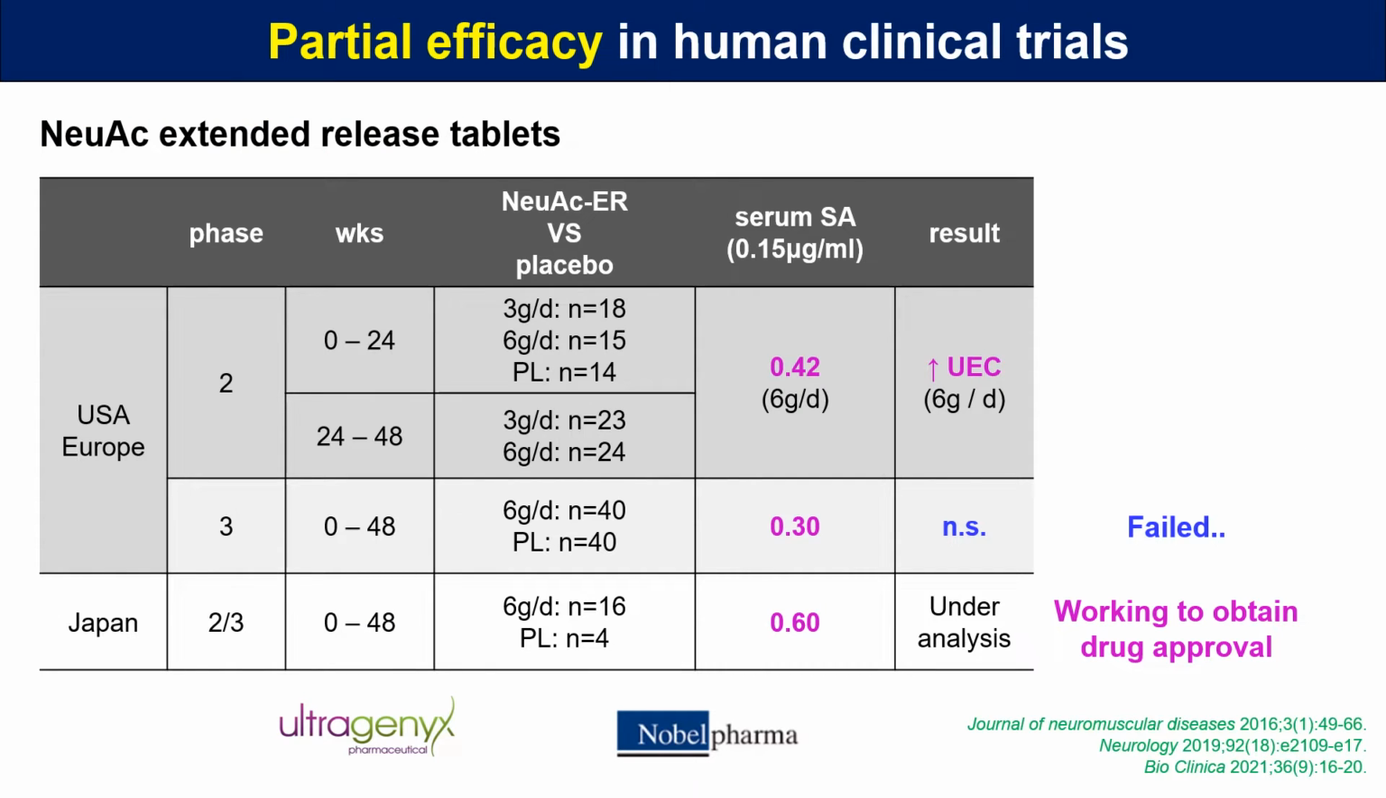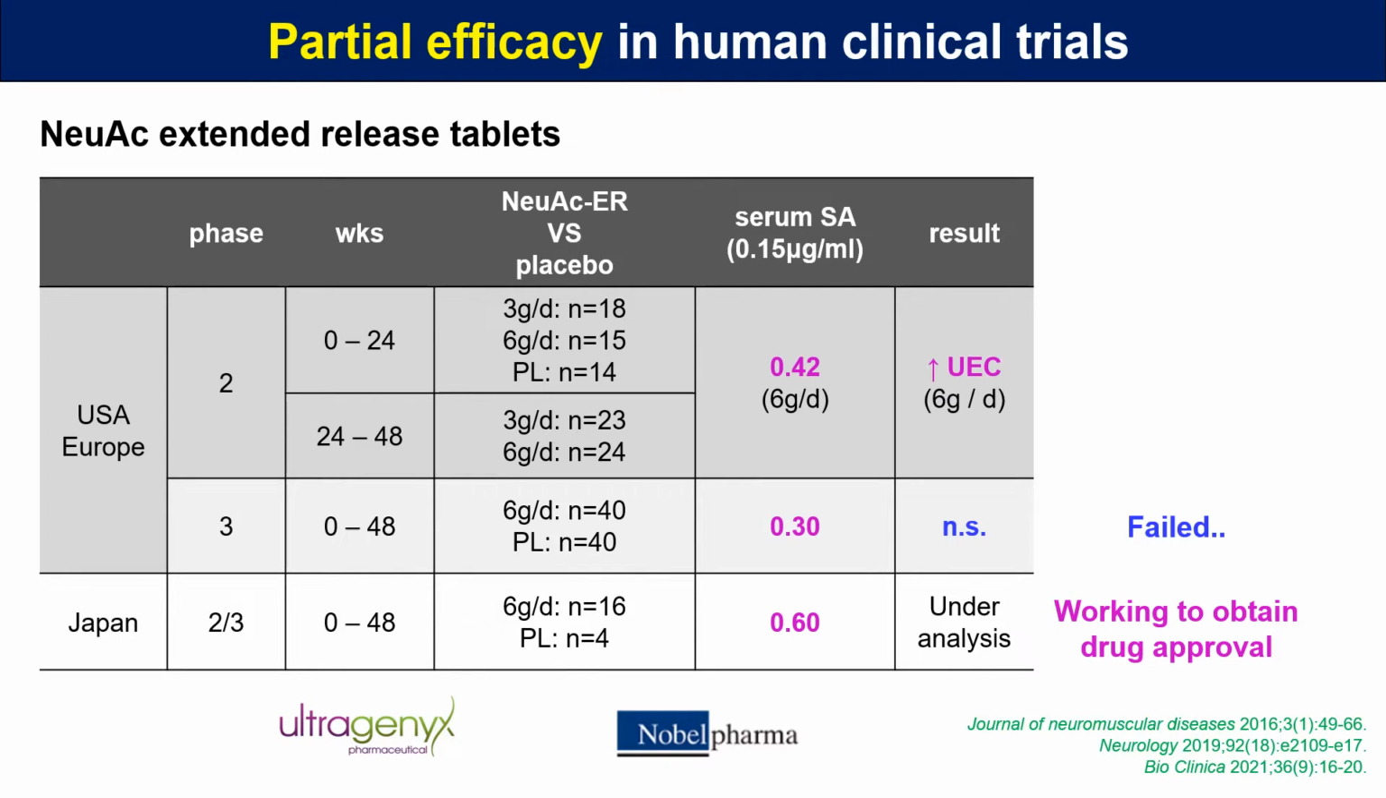And these are the results of human clinical trials conducted using sialic acid extended release tablets. Serum sialic acid concentration elevated in all 3 studies, higher in the phase 2 trial in US, Europe, and in the phase 2-3 trial in Japan, compared to the phase 3 trial in US, Europe. And regarding the efficacy, improvement of upper extremities was shown in the phase 2 trial, but not in the phase 3 trial of US, Europe. So regrettably, Ultragenyx had to terminate the development of sialic acid extended release tablet for GNE